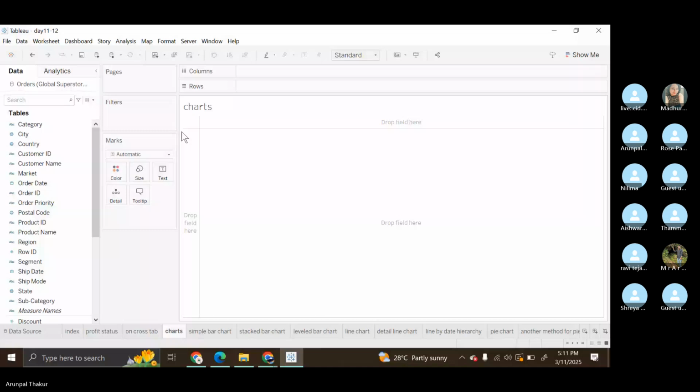Your name. So open the new workbook. Give the sheet name as charts. Yes. Now